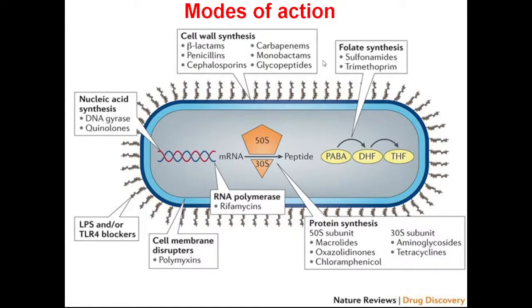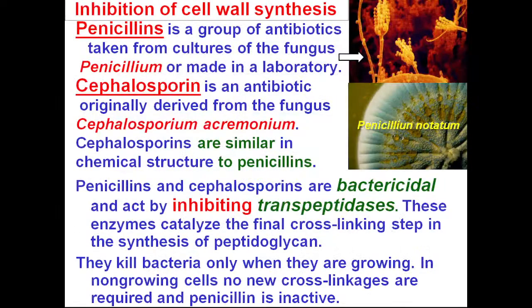So here we can see the basic targets for these drugs, and we discuss also the selectivity of these drugs. Now let's take a look at the basic groups of the drugs. So of course, first one and the one that we discuss more accurately is the penicillins, that is the group of antibiotics taken from the penicillium fungus cultures, or they can be made in the laboratory, that will be synthetic penicillins or semi-synthetic